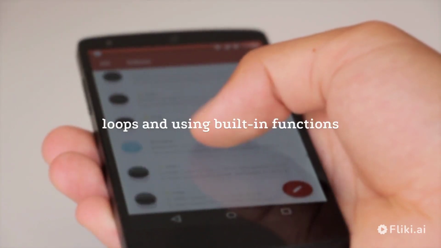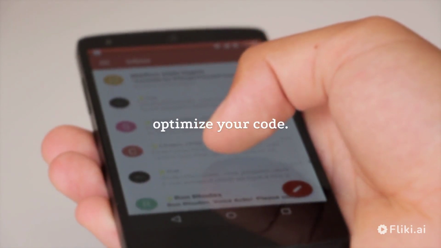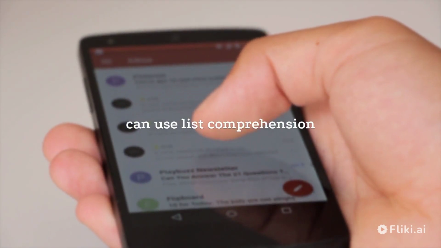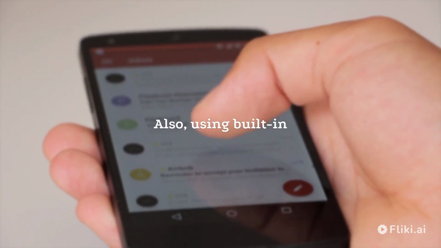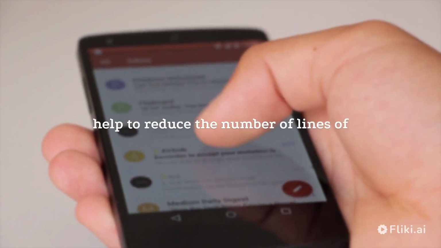Reducing unnecessary loops and using built-in functions is also a good way to optimize your code. Instead of using for loops for iterating over a list, you can use list comprehension, which is faster. Also, using built-in functions like map, filter, and reduce can help to reduce the number of lines of code